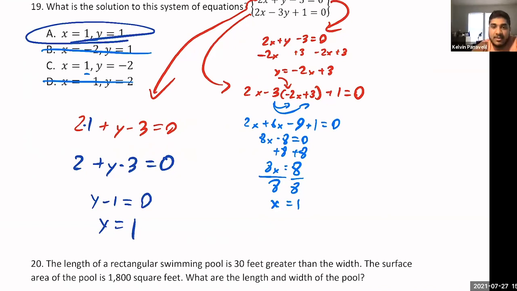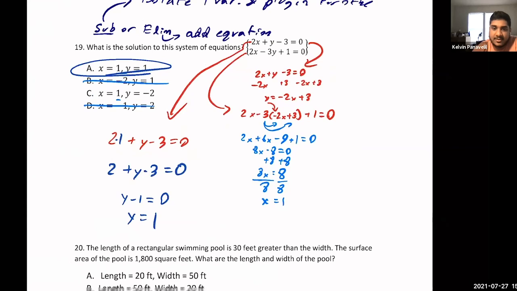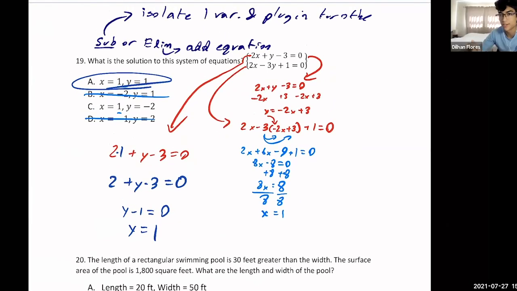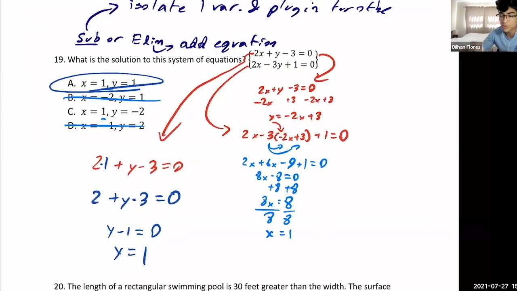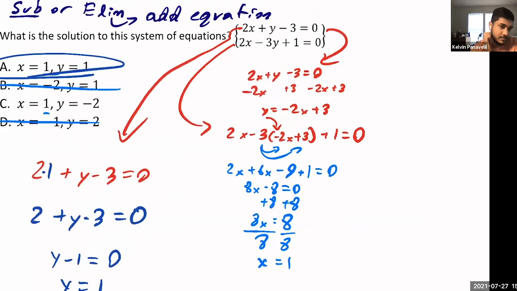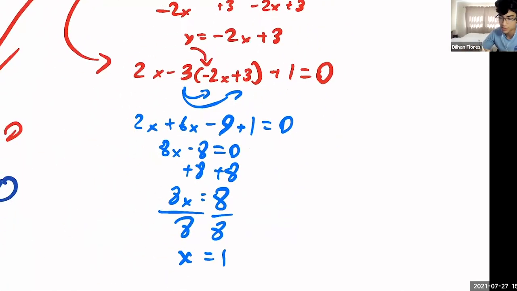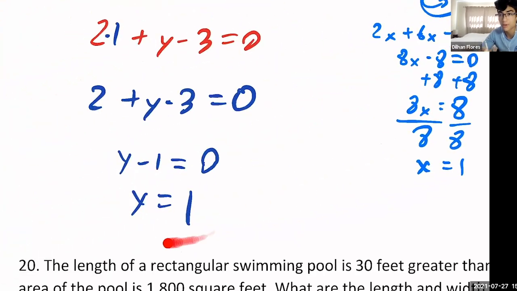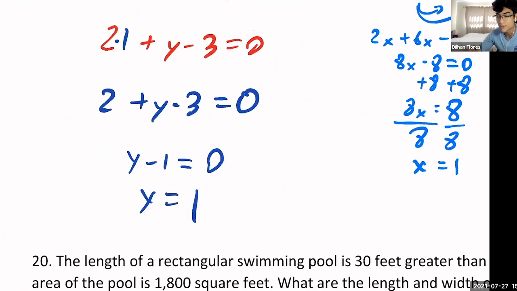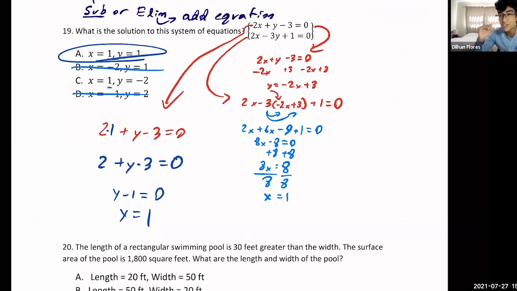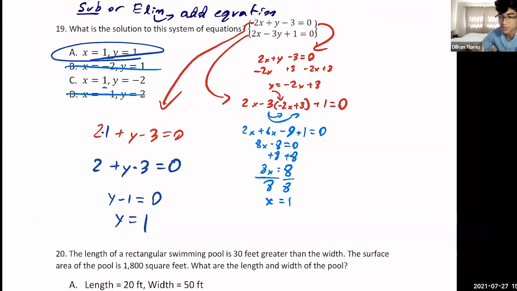And that's it, right? So make sure you know how to do substitution. Dylan, do you want to add anything? Yeah, I just wanted to briefly go over elimination. All right, so cool. Perfect. Substitution: what we did first is we solved for y, we plugged it in, then we solved for x, and then we plugged that in and we got our number for y, right? So that was substitution.